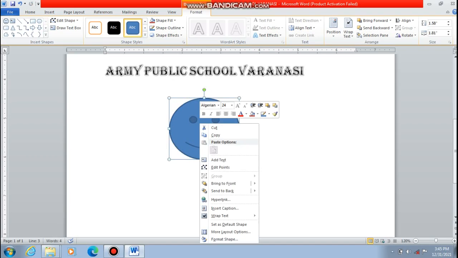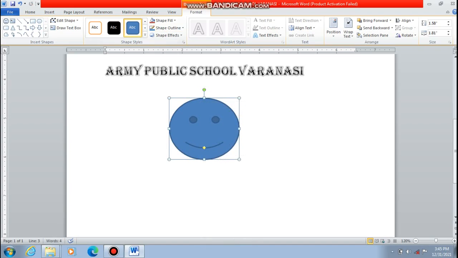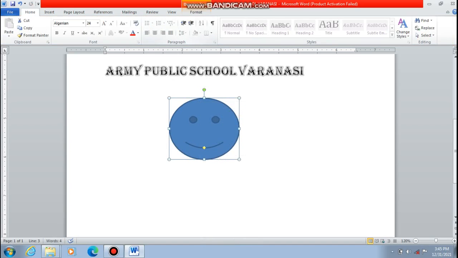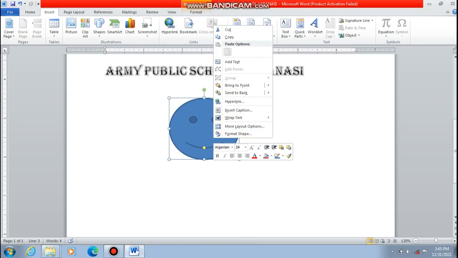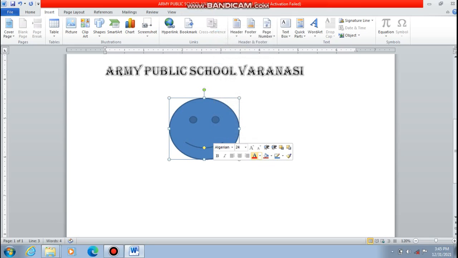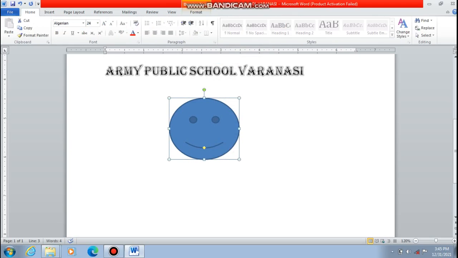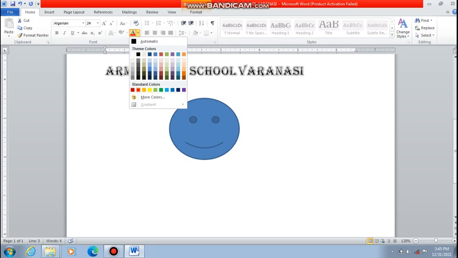We can add color, you can fill color. You can add any color. Make a right click on this smiley, or you can just color it according to your need. Just a minute. Go to home, select.